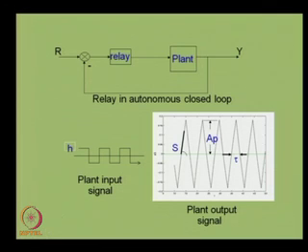Now, what is a relay control system? This block diagram shows a relay in autonomous closed loop. Relay is replacing a PID controller, and the job of the relay is to estimate the dynamic model of a plant. When the relay is put in the closed loop, the plant is expected to